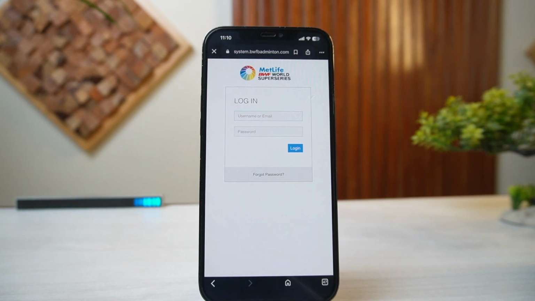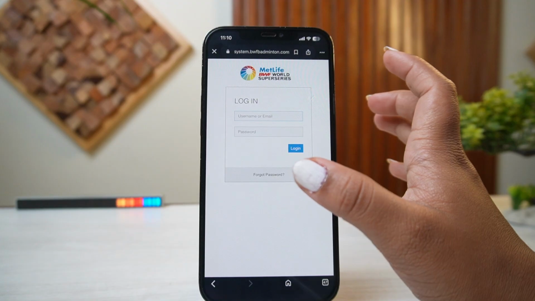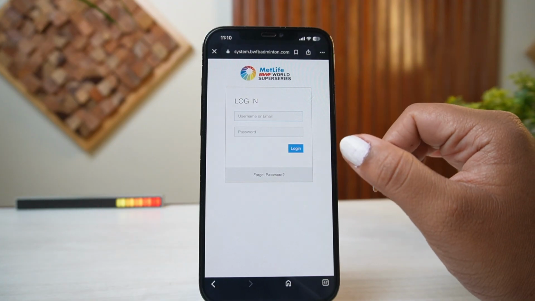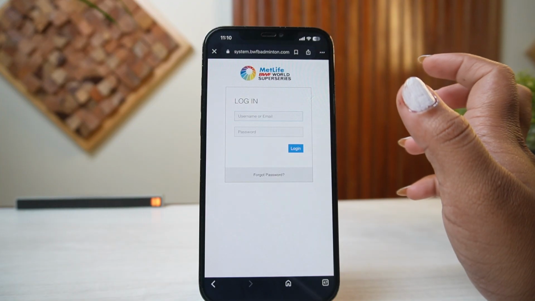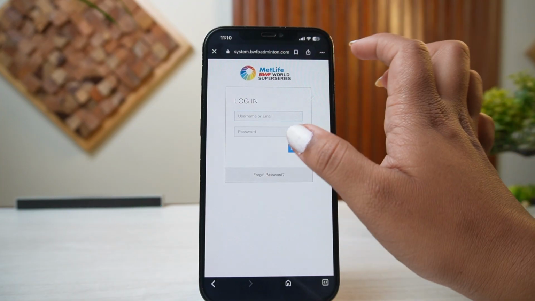How to log into your Badminton World Federation account. The very first thing you want to do is simply get your BWF fan application on your mobile through your App Store or Google Play, or you can simply visit the website